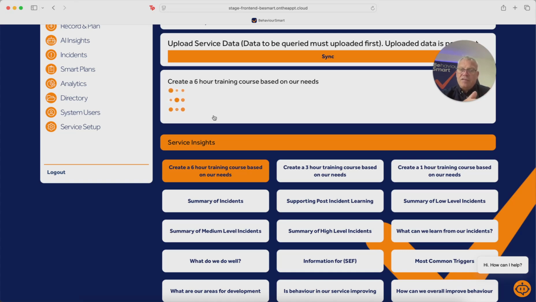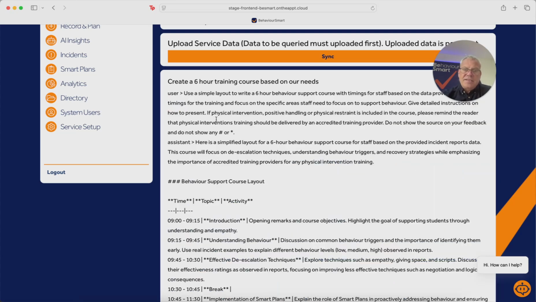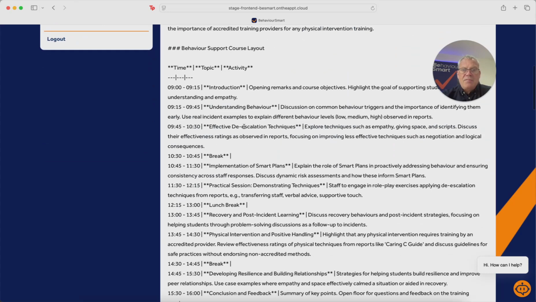And it's going to give us a course programme that we can run with our staff that's really specific to our needs. Now, because it's reading somewhere in the region, in this case of, I don't know, probably 800, 900 incident reports, it does take a little bit of time, but there we go. And we've got our